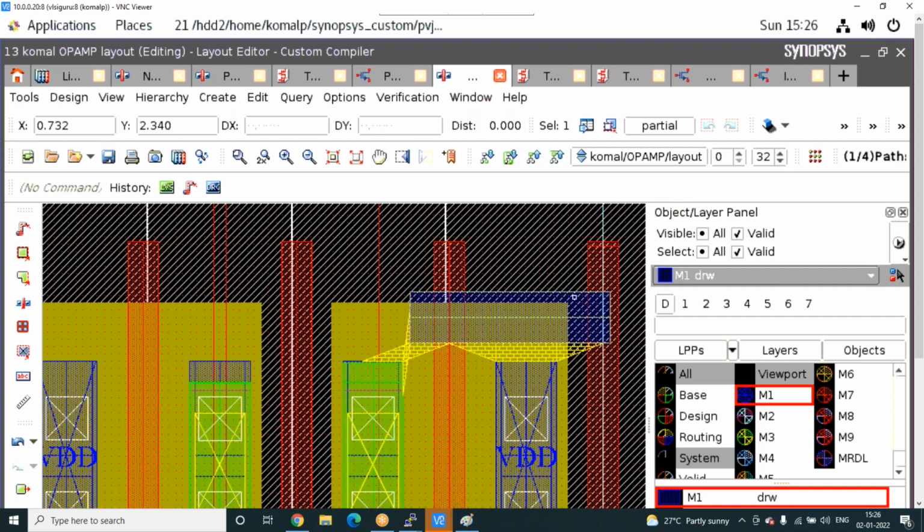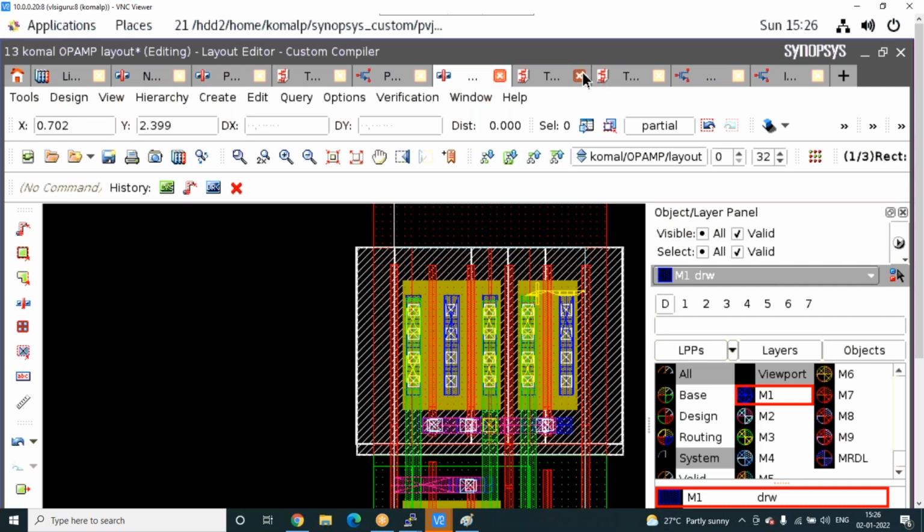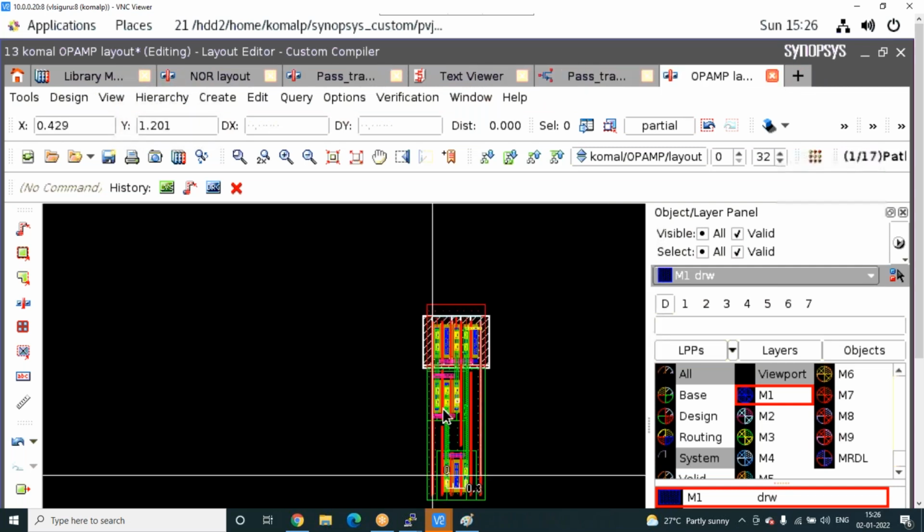It shows exactly which area it is having. If you delete it and run again, then the error is gone. DRC and LVS anybody can do, but you have to learn the technique of how to do better layout engineering. For that, matching and all these concepts will be covered.